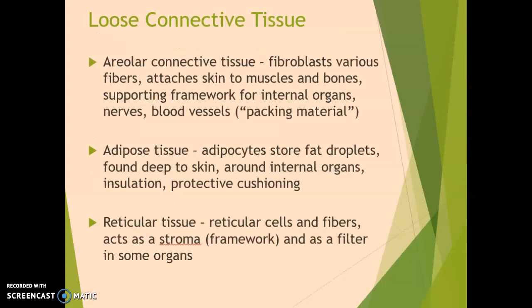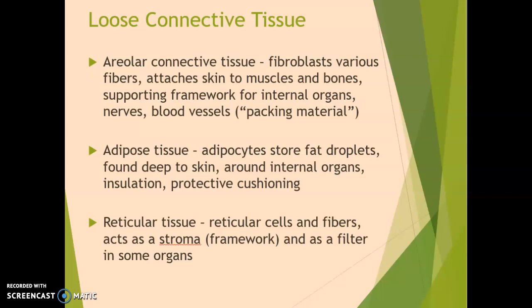Loose connective tissue includes areolar connective tissue. The fibroblasts make various fibers. They attach skin to muscles and bones. They provide a supporting framework for internal organs, nerves, and blood vessels. So this is our packing material. This is what you would put around our organs, nerves, and blood vessels to keep them safe and